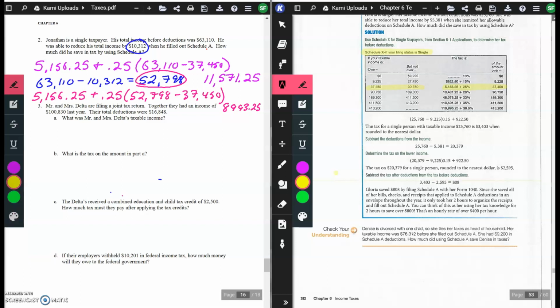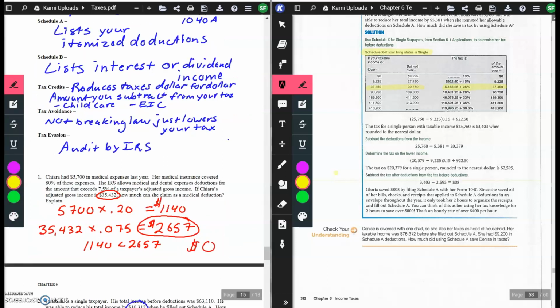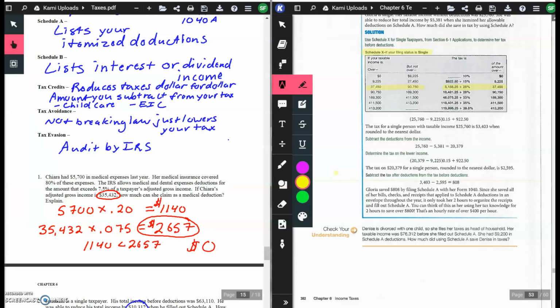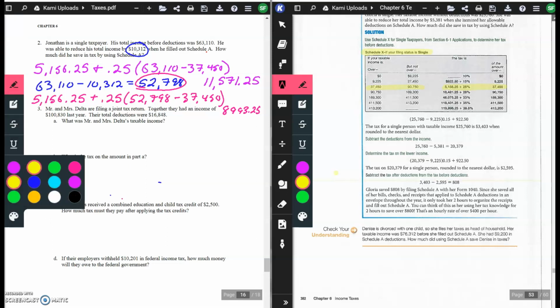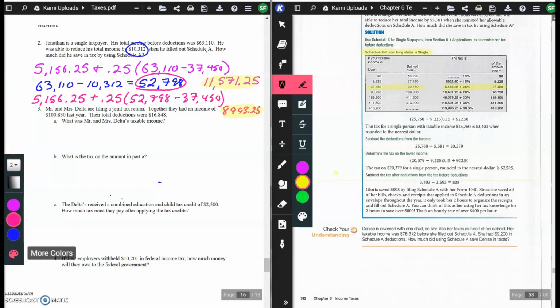So if you look here, scroll back, our original tax was right here at 11,571.25. Our new tax is going to be 8,993.25. So when you subtract those two,